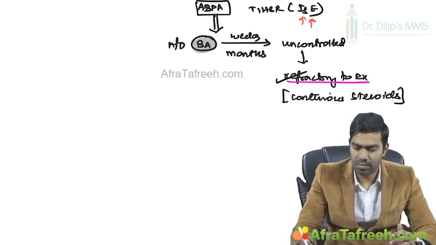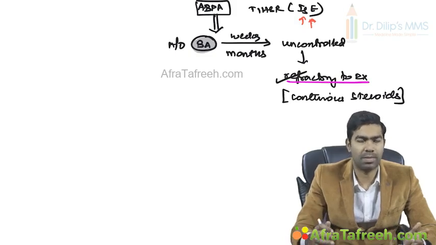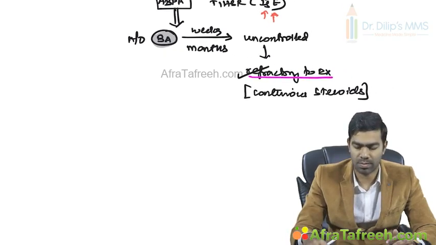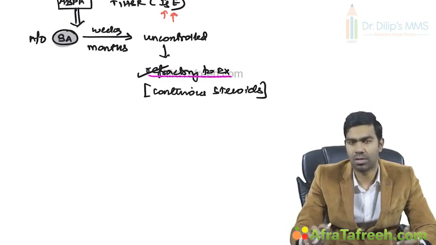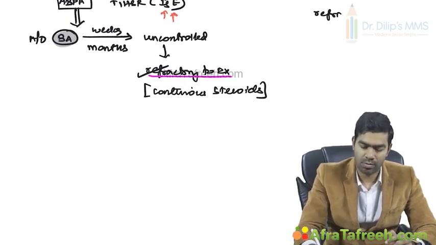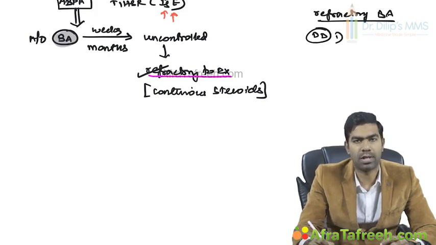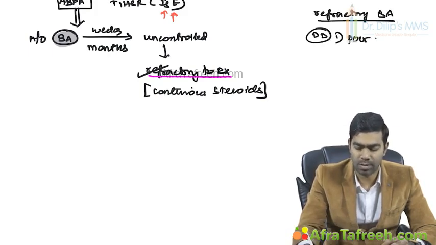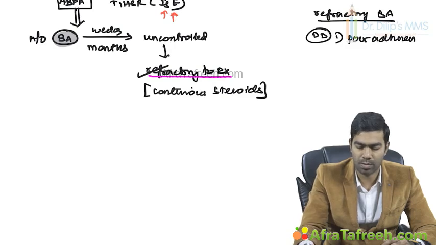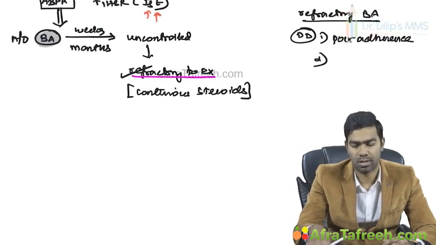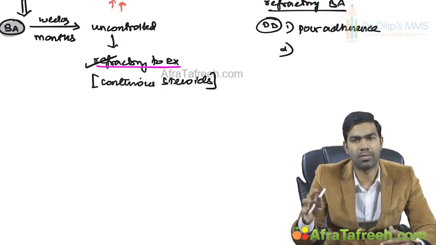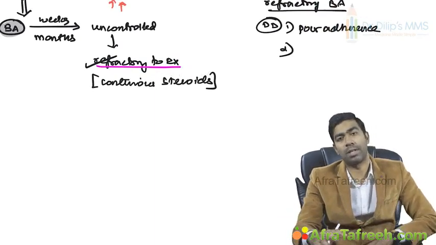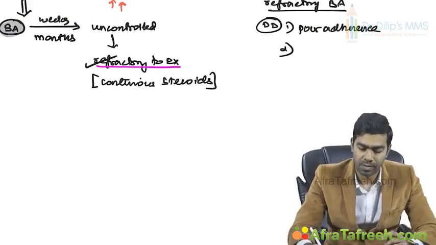So whenever they become refractory to treatment and the patient becomes dependent on steroids for the control of asthma, you have to think about some few DDs. So you see a refractory bronchial asthma and think about the differential diagnosis. The topmost differential diagnosis is poor adherence to therapy, which means they are not taking the inhalers properly. Non-compliance. Non-compliance, of course, is the main reason for resistant hypertension and uncontrolled diabetes as well. Second,